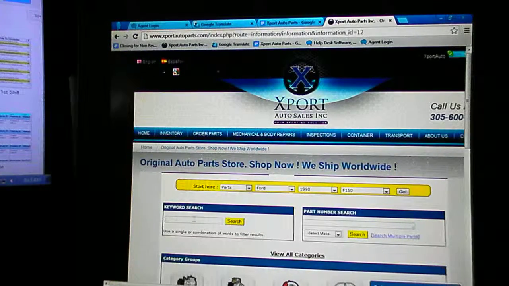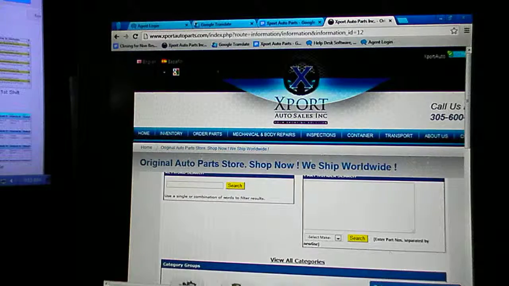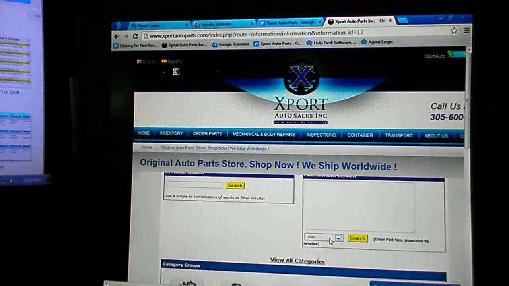Now you have your keyword search or your part number. If they give you a part number, you can enter it here. If they give you like 3 or 4, you can just hit search for multiple part numbers, and it'll open up the box so you can do that. You would enter the part number, hit enter, enter another part number, hit enter, and so forth. Always make sure that you do select the